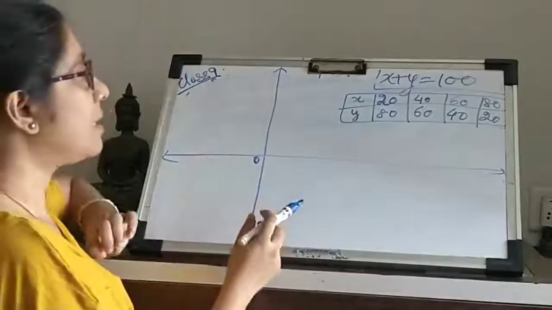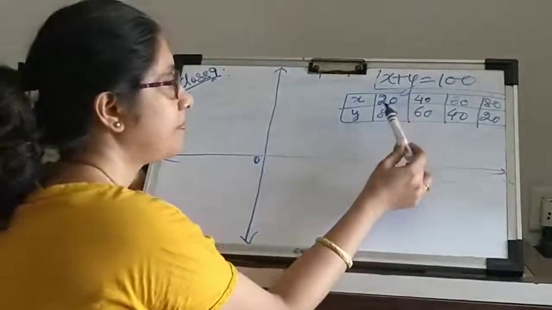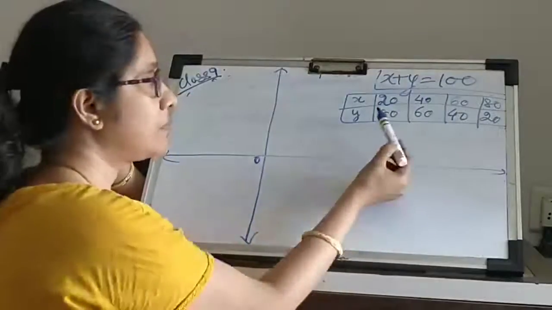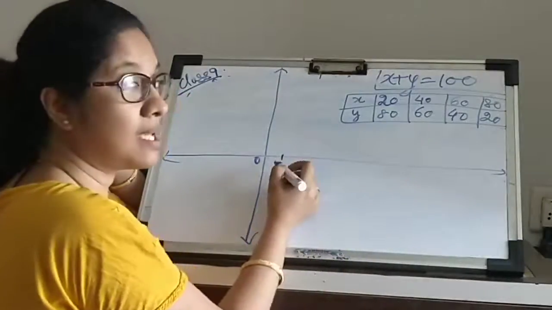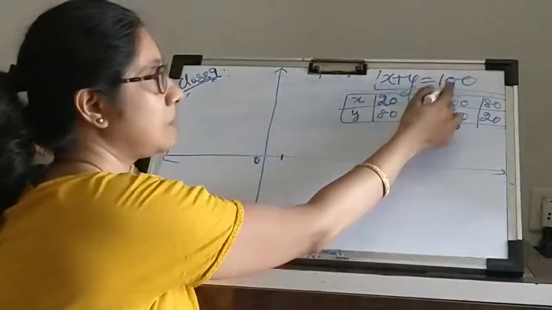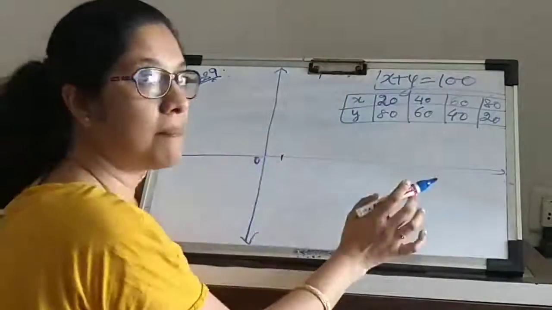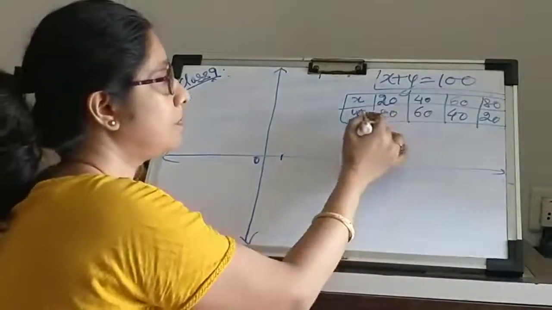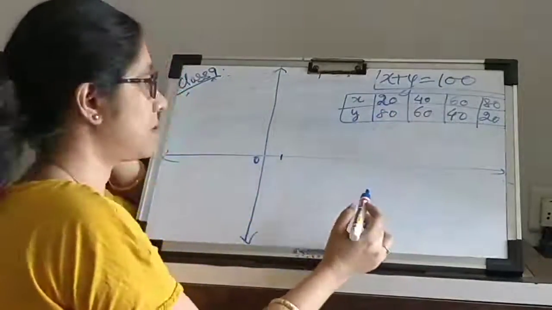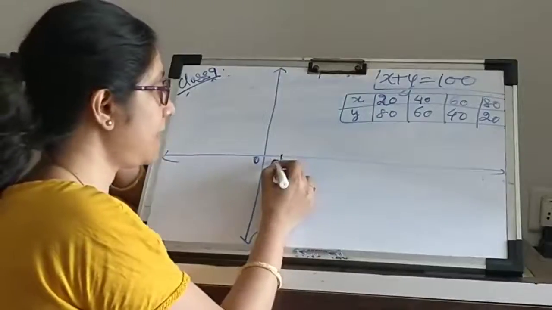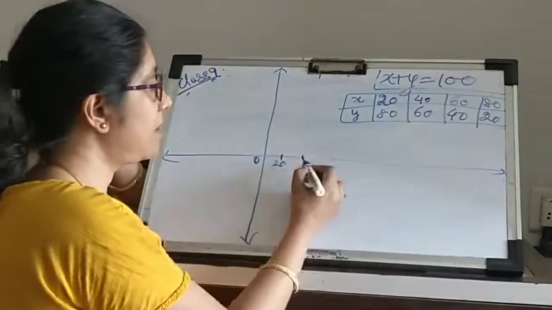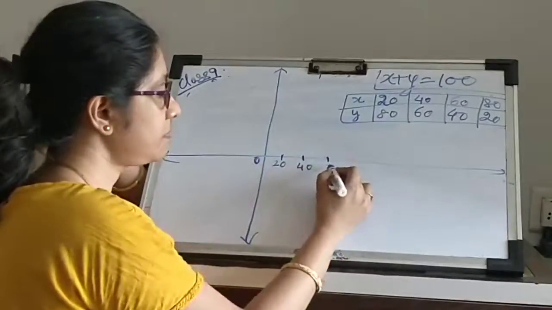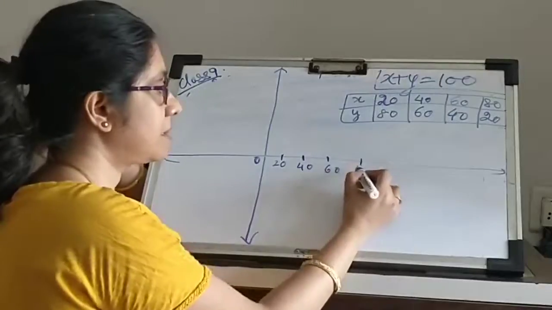Okay. So what I see is, rather than plotting the graph in units of 1 here, I would rather take a larger basic unit because I have to add up to 100. The entire scale of my graph has to be big enough to accommodate these numbers. So what I'm going to do is take on my x-axis a basic unit size of 20 each. So it's going to be like this.